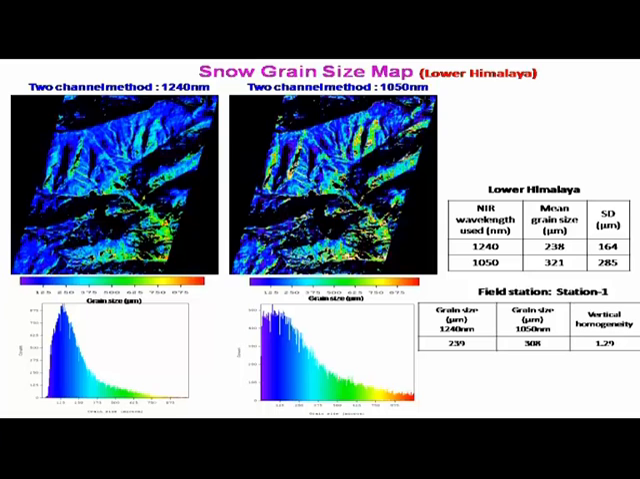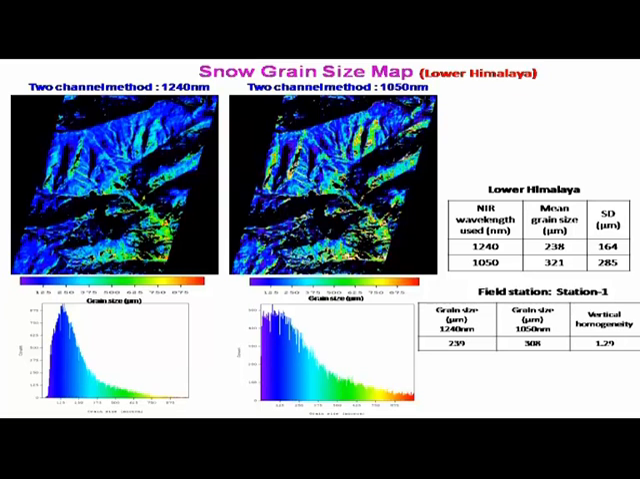And here we have found there is a difference in the snow grain size using different channels, and this could probably be due to the shorter wavelength penetrating more, and lower in the snowpack there may be the larger grain size. So